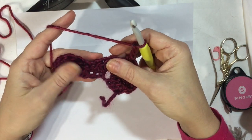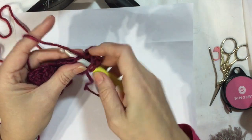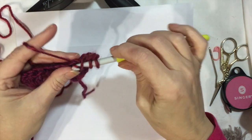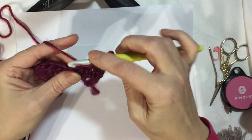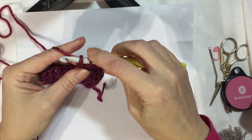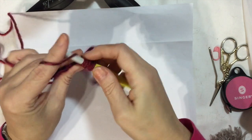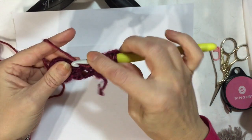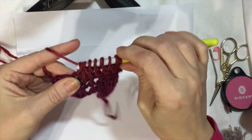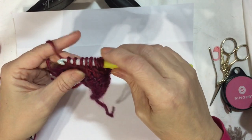And now I'm going to make a full-blown 7 double crochet together here. So stop, over, in, pull through 2, and stop, over, in, pull up, pull through 2, and stop. That's 1, 2, 3. The 4th one is always in the single crochet that's between the 2 fans. That's 4, 5, 6, and 7. So we've got 8